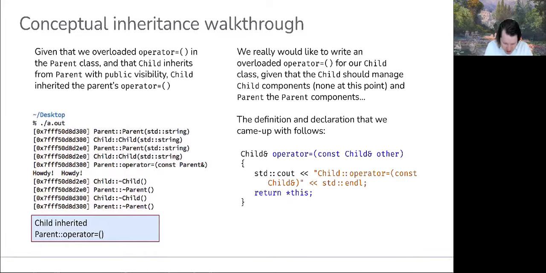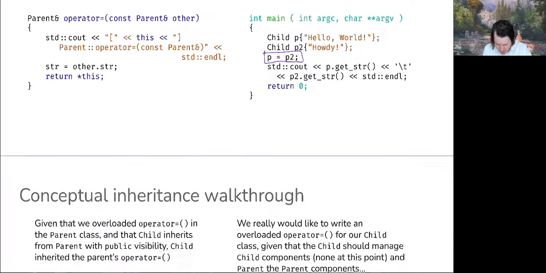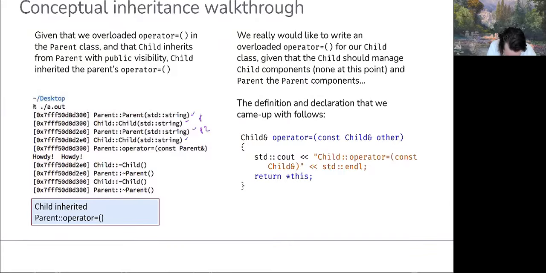So as we're running through this, we can see, okay, construction of those two objects. So P, I think that's P, P2, and then the assignment of P is equal to P2. The parent's copy assignment operator is invoked because, again, that was the one with the best match. And then we see the destruction